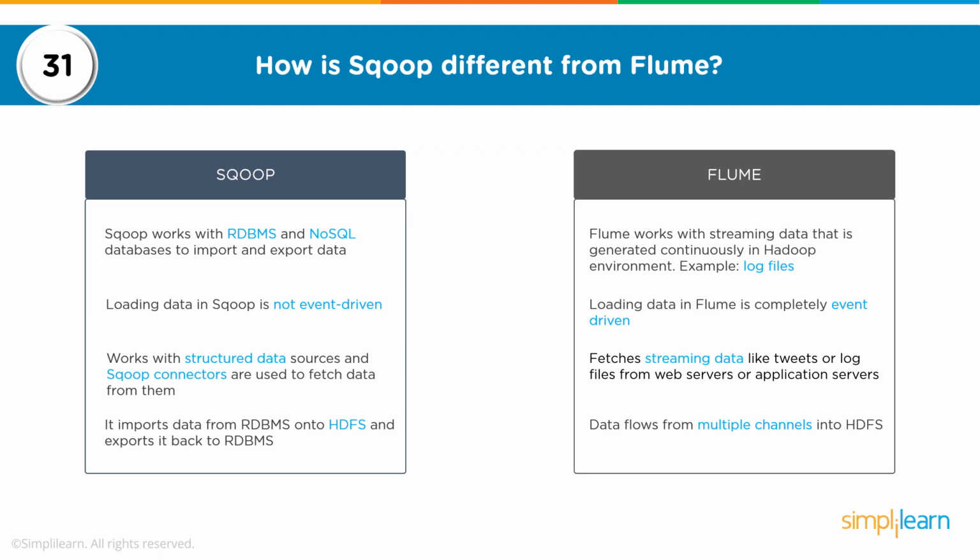And if you are interested in not only ingesting that data which is getting generated in a streaming fashion, but also in processing the data as it arrives, you would use Flume. Sqoop can import data from RDBMS onto HDFS and also export it back to RDBMS. Flume is used for streaming data. Now you could have one-to-one, one-to-many, or many-to-one kind of relation. In terms of Flume, you have components such as your source, sink, and channel. That's the main difference between Sqoop and Flume.